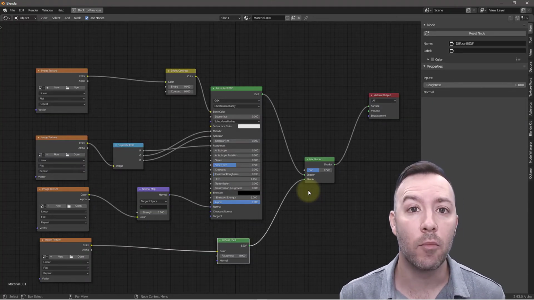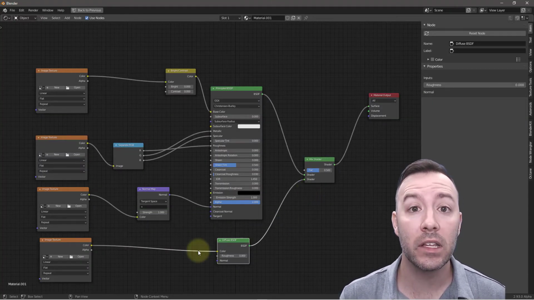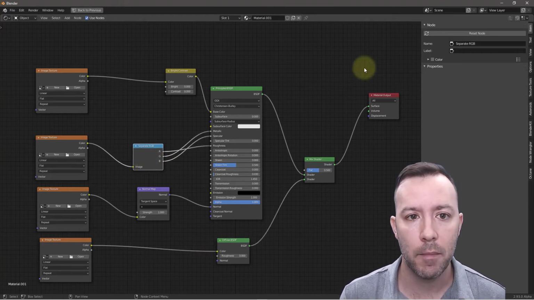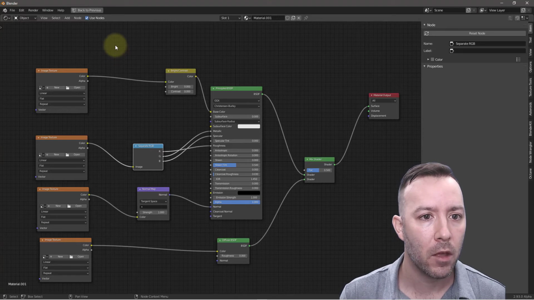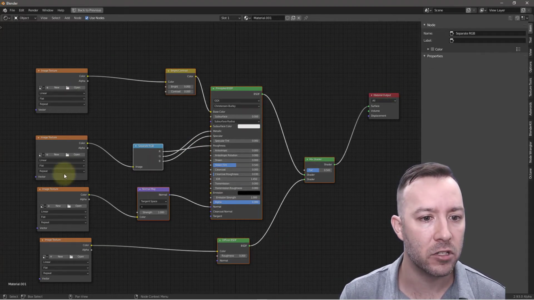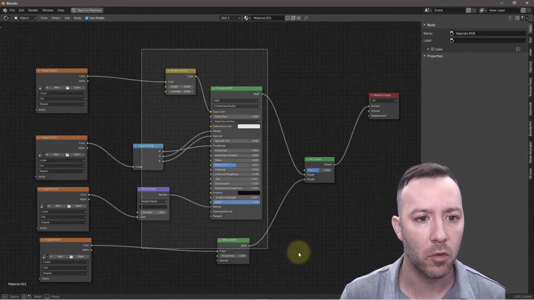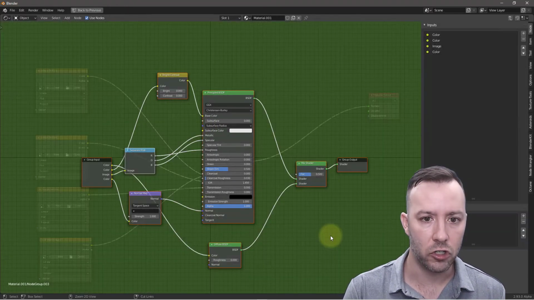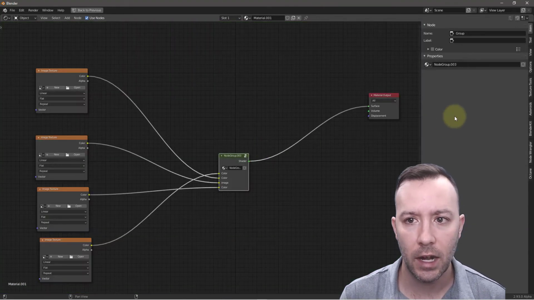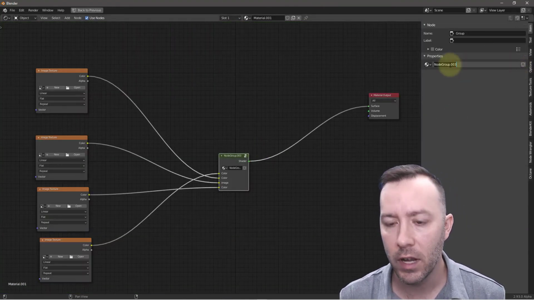Okay, now let's look at a more complex material. Let's say you want to reuse this material again and again. You could do the same thing by making this into a group. So we're going to drag and select everything except for the output and the image textures here. So I'll just do it one more time. Control G. And we will push Tab to get out of that. And then I'm going to rename this to